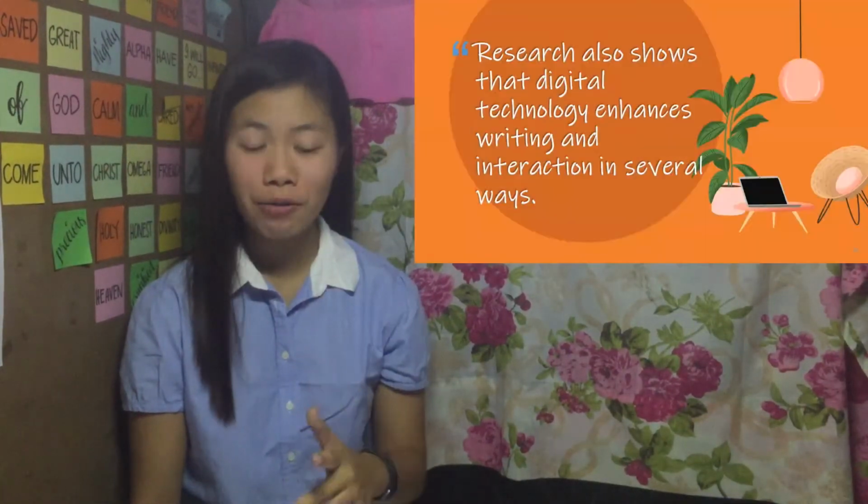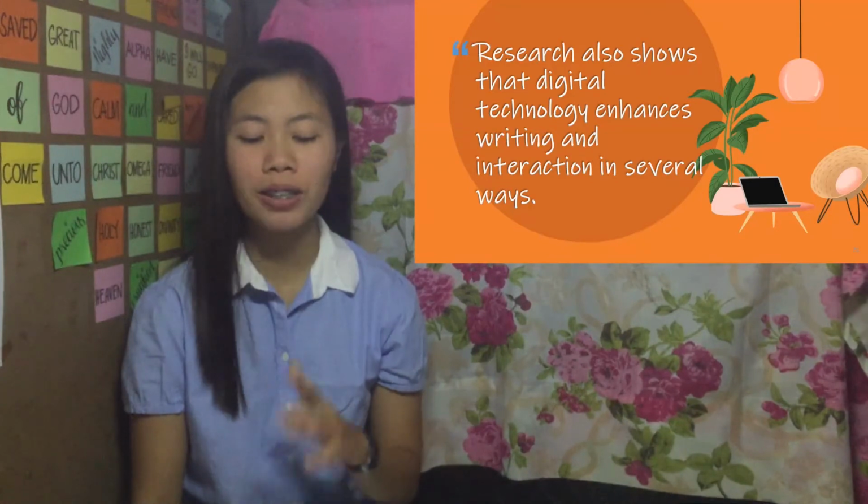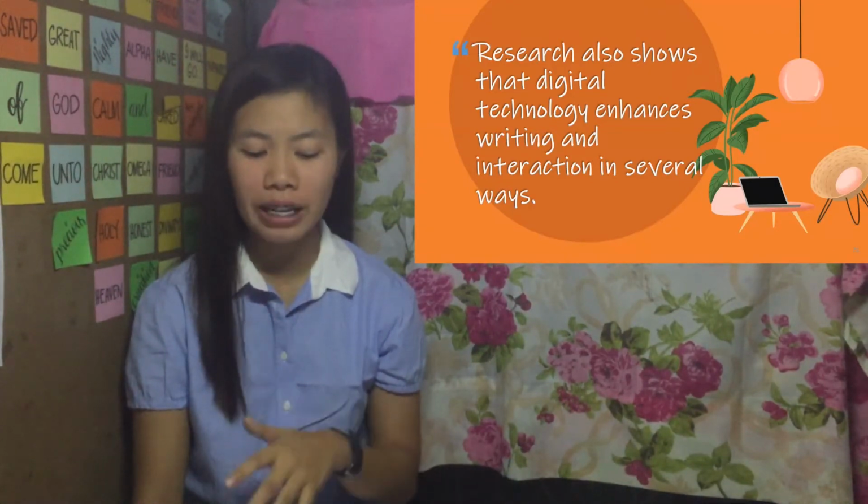The next discovery is that research also shows that digital technology enhances writing and interaction in several ways. Totoo naman talaga na technology ay nakakatulong para tayo ay mas mabuild yung ating interaction sa ibang tao. Lalo pa sa sitwasyon ngayon na we weren't able to have social gatherings, social communication, physical communication with other people because of the situation we are in now.